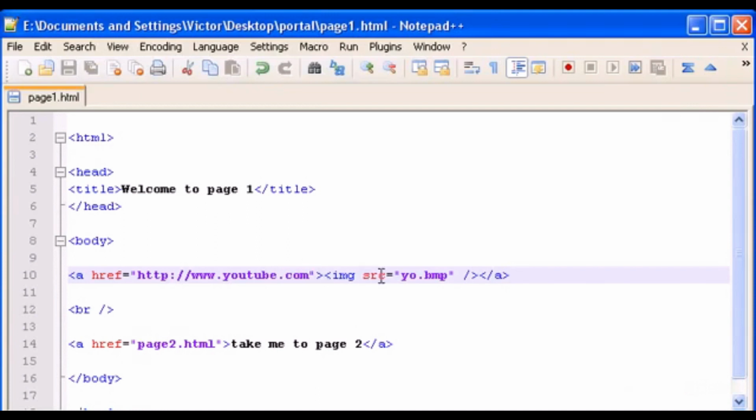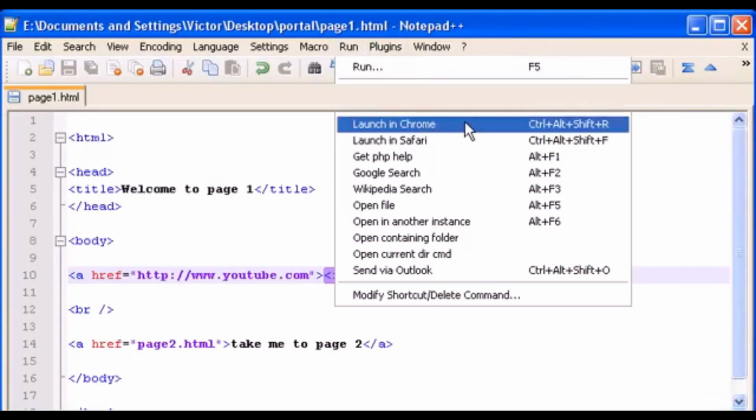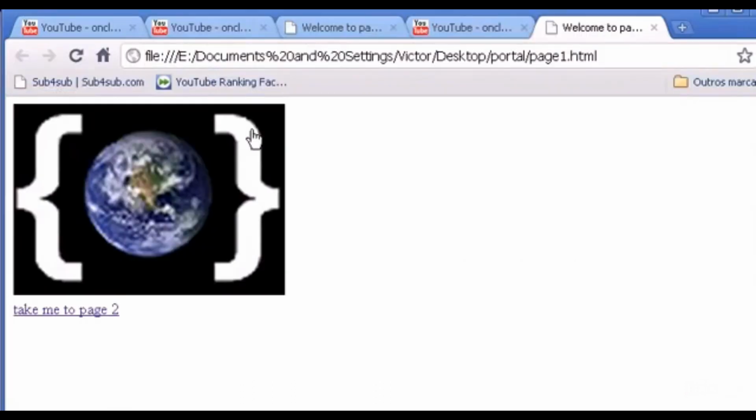Okay, how to change now the size of the image? What about if I want a bigger image? Well, you can type this thing here, height. Okay, and let's put 200. Let's save it. Let's open our Chrome here, and you see the image is now bigger,